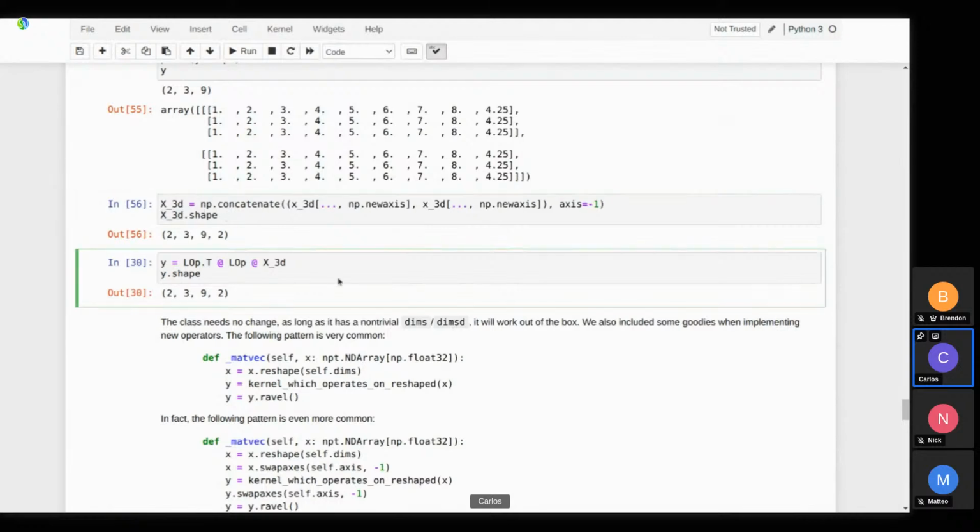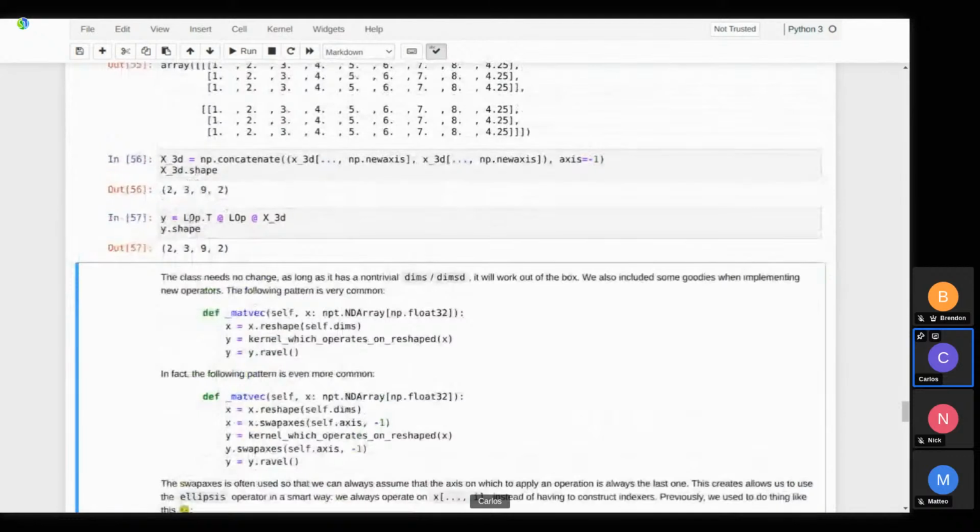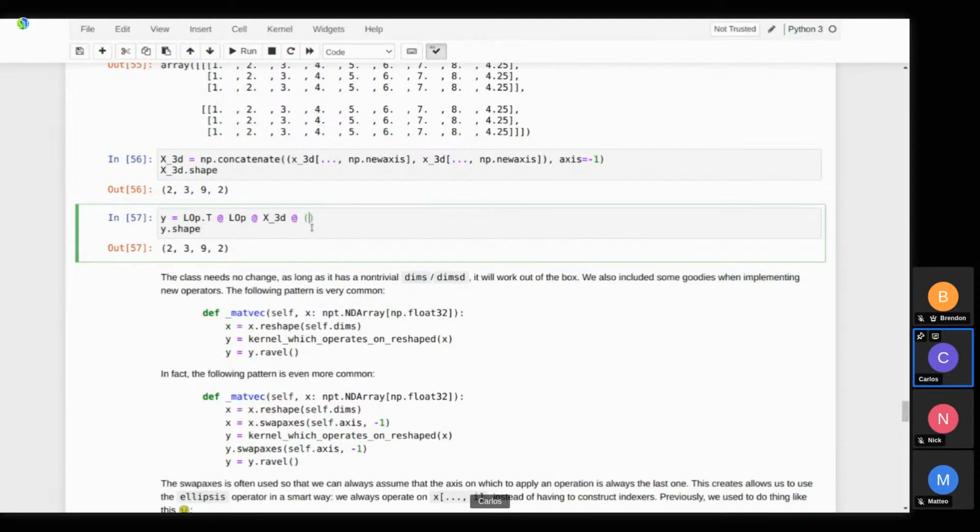If we actually try to multiply them, this works very well because it knows that these operators are looking for something which looks like this, right? So dims, comma, and then just a number of